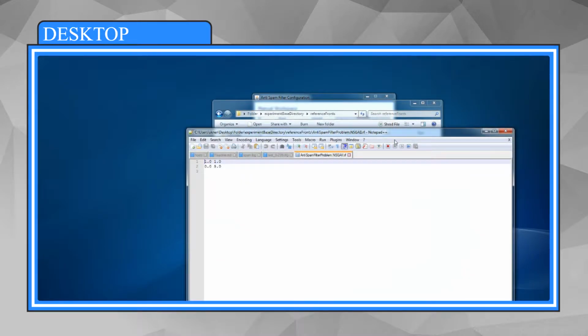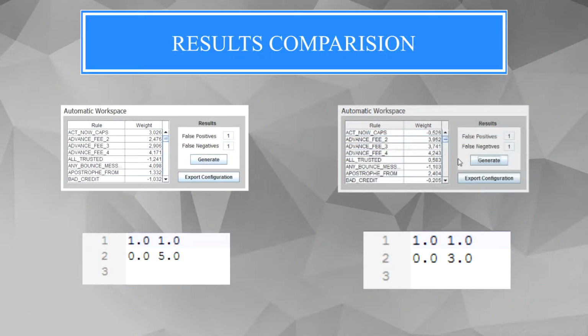Let's open the results file. Now, if we generate a new configuration, we'll have different values, as we can see here. Each column represents the false positives and the false negatives respectively. As we can see, the old file is different from the new one, as the algorithm won't generate the same